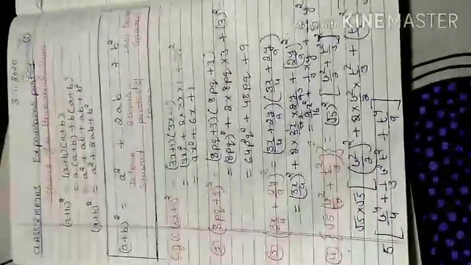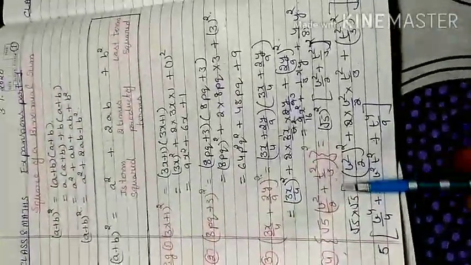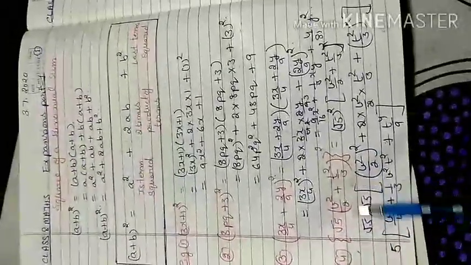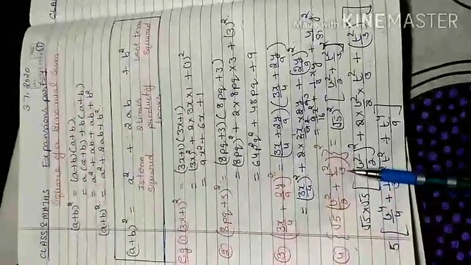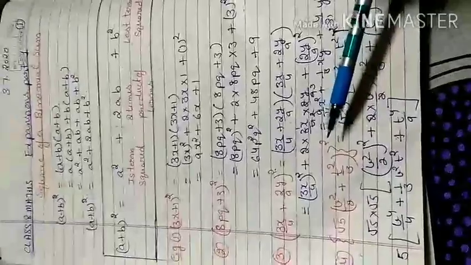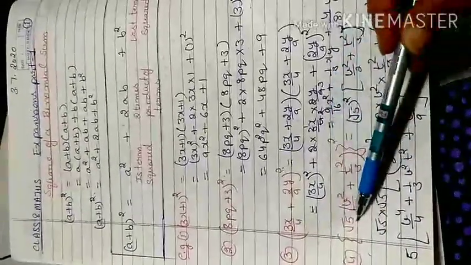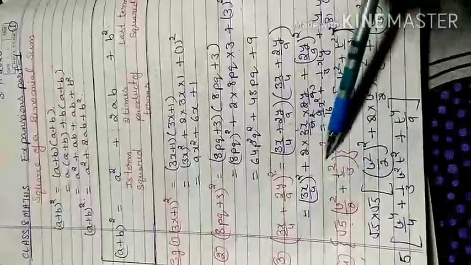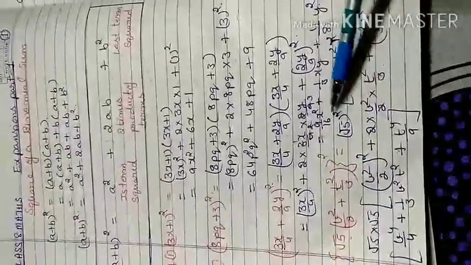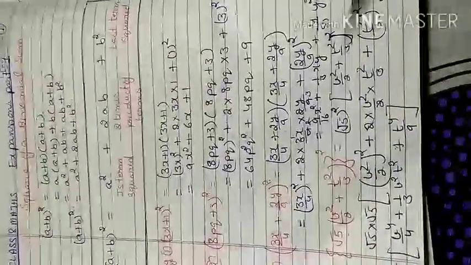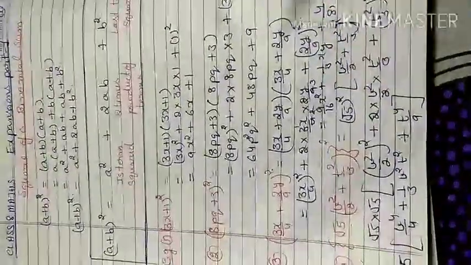But what will happen if there is a bracket inside this curly bracket? Here one single term and one binomial term are multiplied with each other, and the whole power outside the curly bracket is 2. So according to your exponent law, the first term is separately raised to the power 2 and that is also written to the power 2, like root 5 square and (v square by 2 plus t square by 3) whole square. So this will be your normal multiplication.